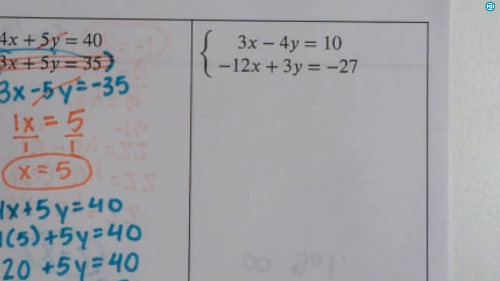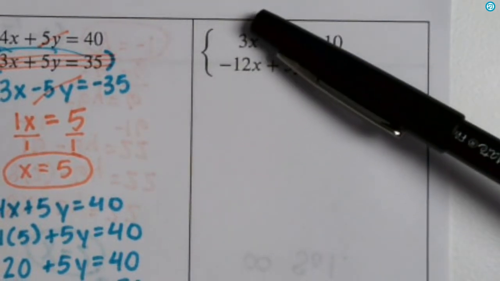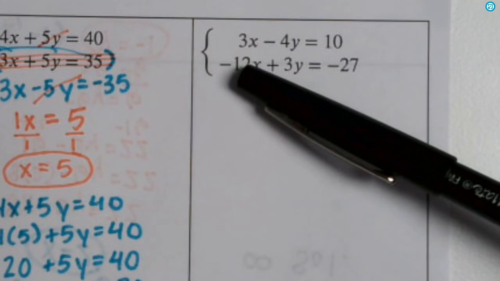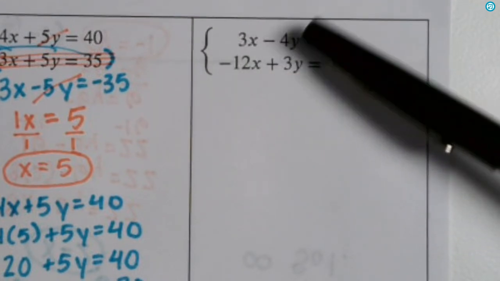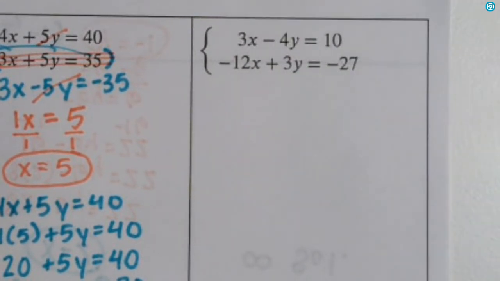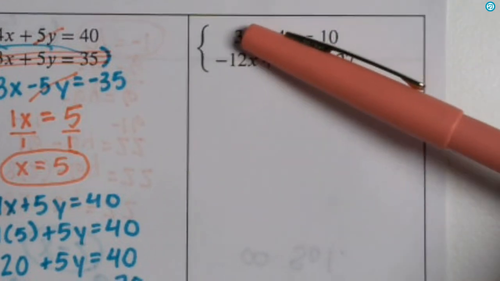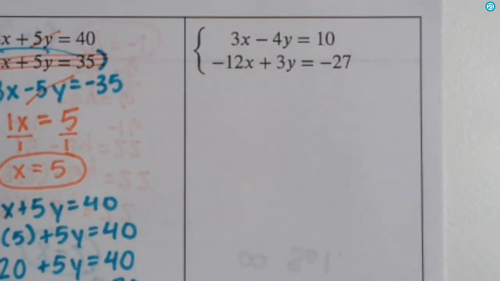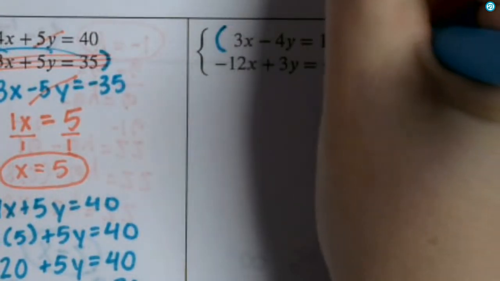So you've got to decide, is it going to be easier to turn 3 into the opposite of negative 12, or this 3 into the opposite of negative 4? And it's definitely going to be easier to turn this 3 into the opposite of negative 12, because it's easy to multiply 3 by something to get it to be 12. So we're going to multiply our top equation by 4,